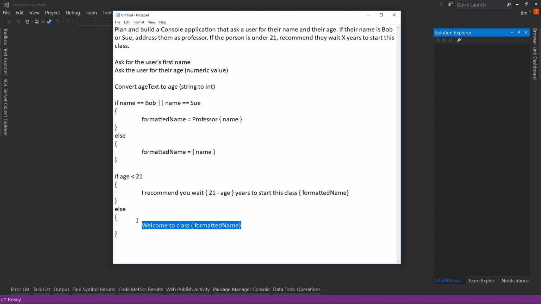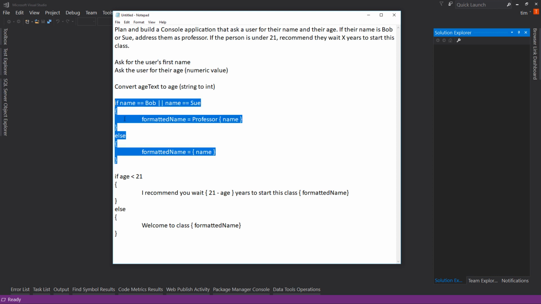Now, you see how I mapped that logic out? I didn't just start coding it, which I could have done. The reason is that this whole name equals Bob or name equals Sue thing threw me for a bit of a loop. I didn't know how to deal with that at first. And so when I figured it out, I'm like, oh, I'll put it up here and I'll make it a